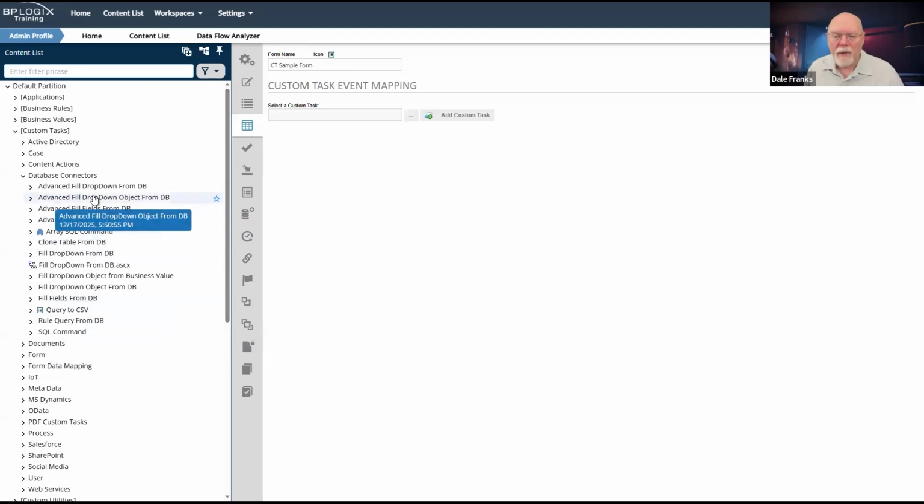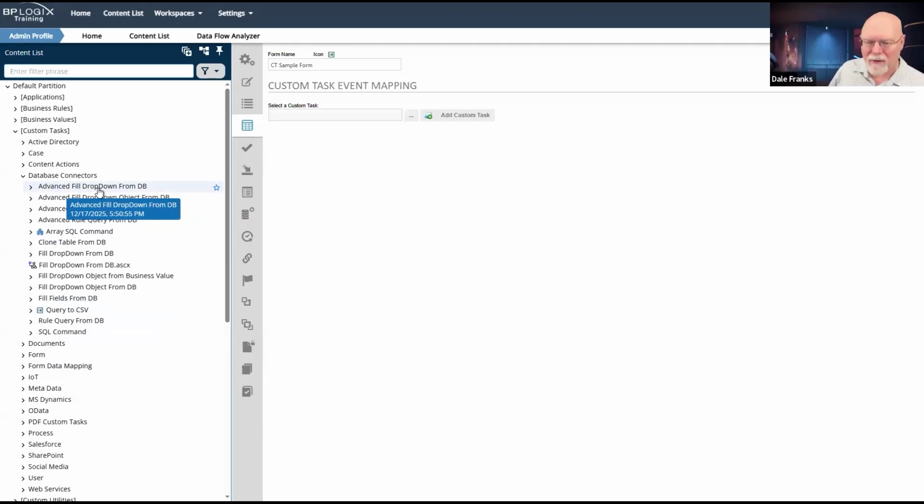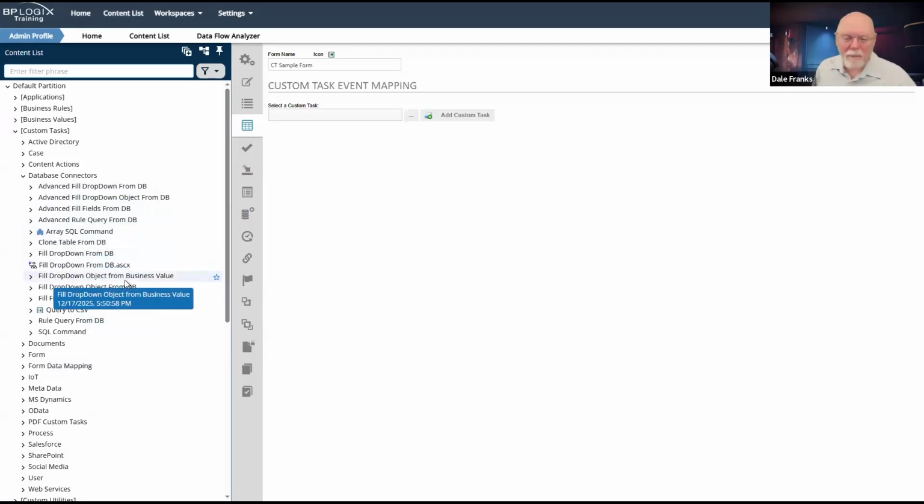There are a lot of custom tasks in here to enable you to do a lot of database operations. So there's advanced fill drop down from database. There is just fill drop down from database. There's fill fields from database, drop down object from business value. There's a whole bunch of these.